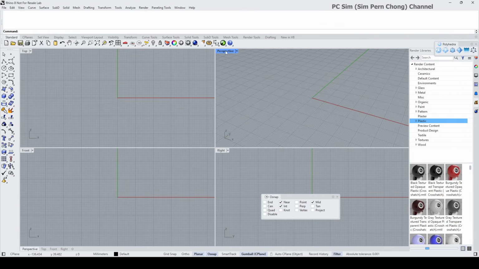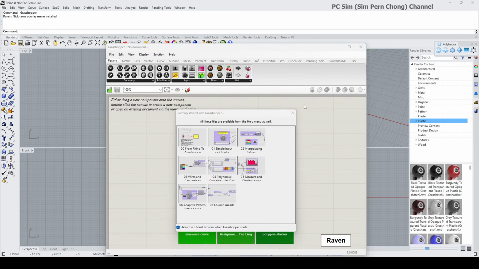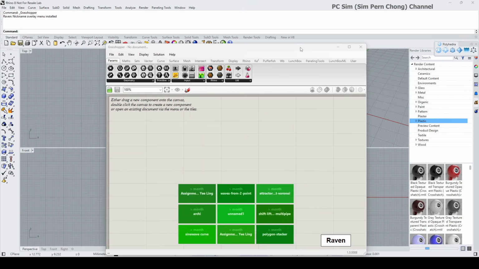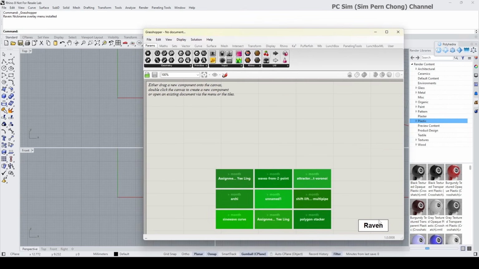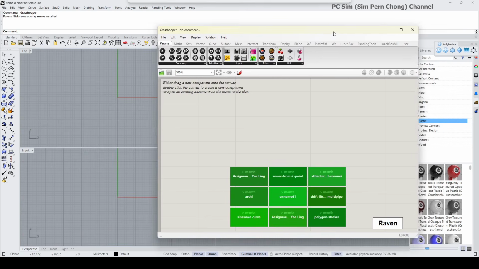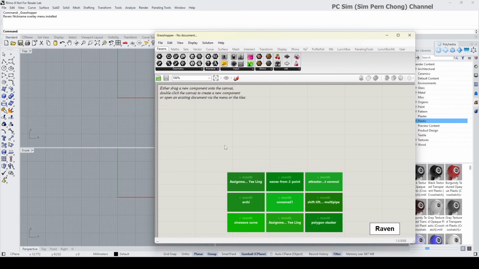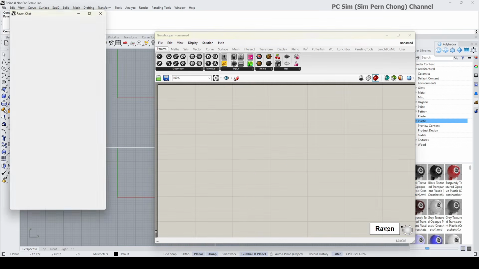Okay, Rhino restarted. Now if you were to launch Grasshopper, you will see that there is a new label at the bottom right corner over here called Raven. So this is the AI chat function. So if you want to construct Grasshopper definition using chat method or text input method, you can click on this Raven